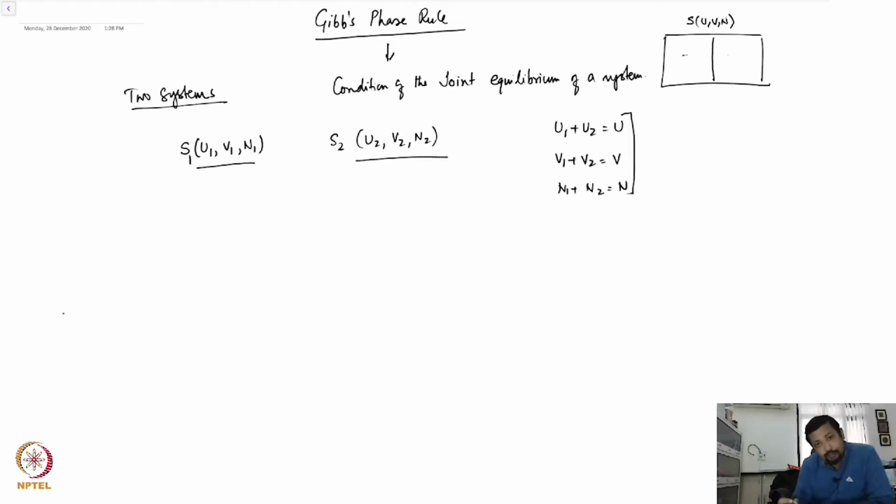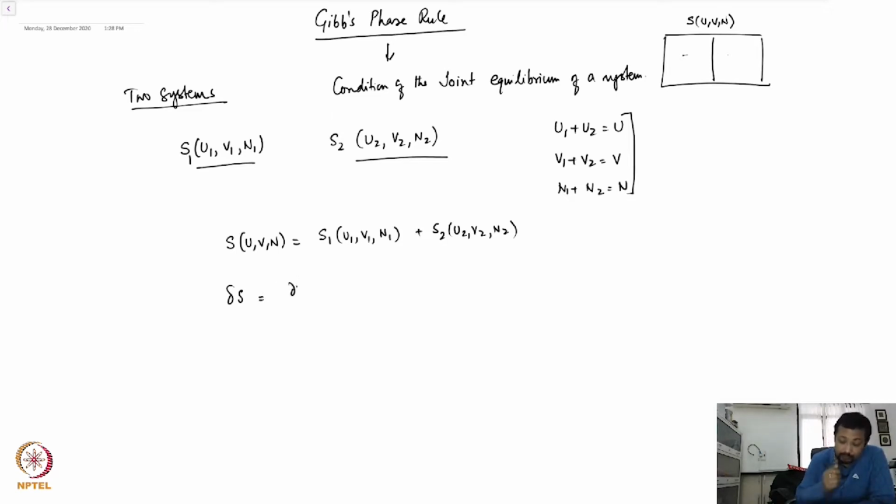So once they come to a joint equilibrium, we will write down the total entropy S of U, V, N as S1(U1, V1, N1) plus S2(U2, V2, N2). Now any change in this entropy near this joint equilibrium, let's calculate that, is going to be